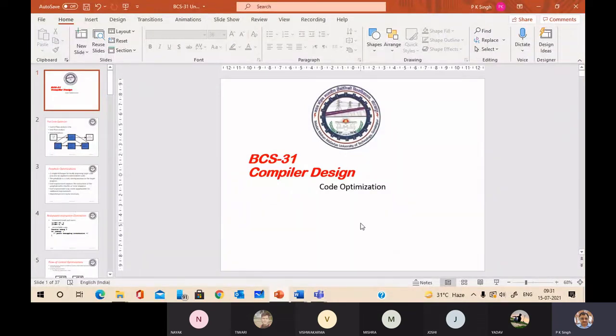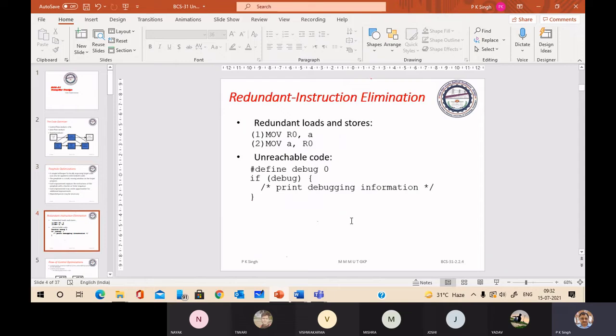So on the last turn we discussed code optimization. We apply code optimization on three address code, and we are concerned with machine independent optimization.